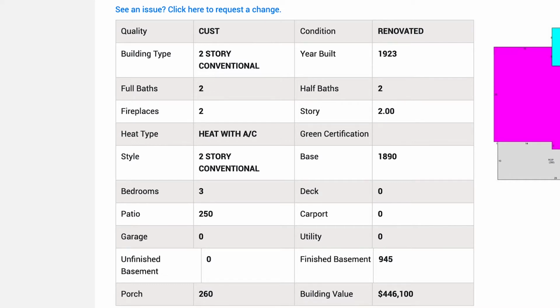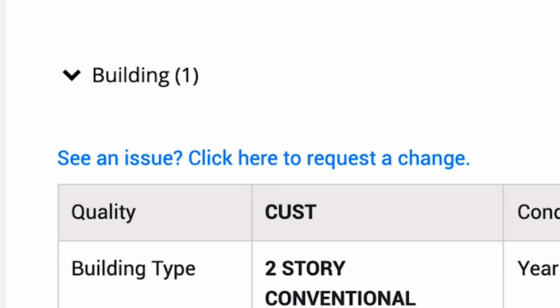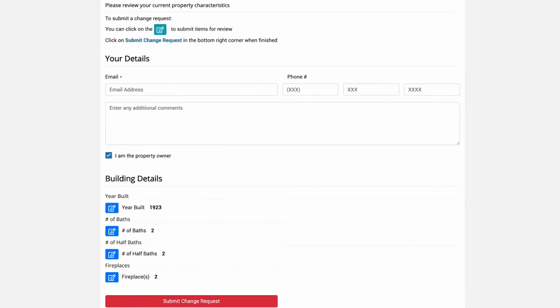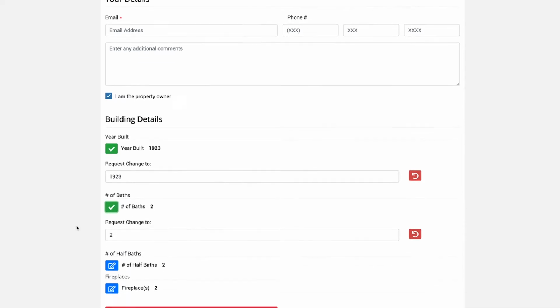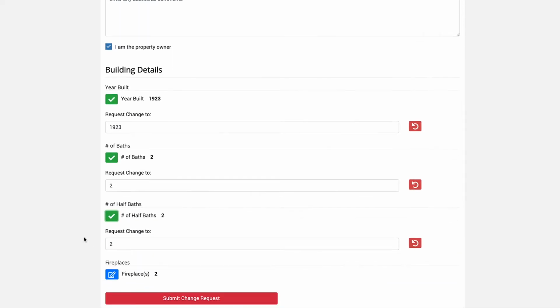If you notice anything incorrect, click on the blue See an Issue, click here and Request a Change button. On that page, you can change number of bedrooms, baths, fireplaces, or add any additional changes you want to make. Make sure you supply your proper email address and a phone number so Tax Assessment can reach out to you